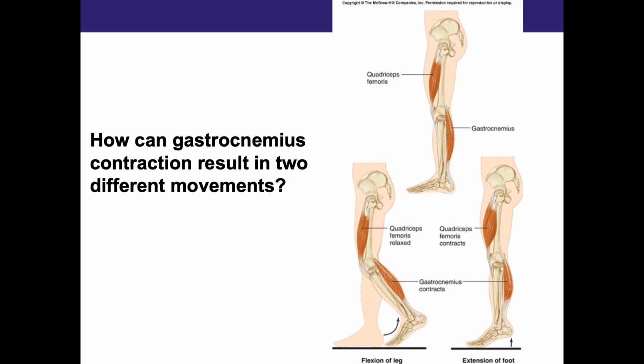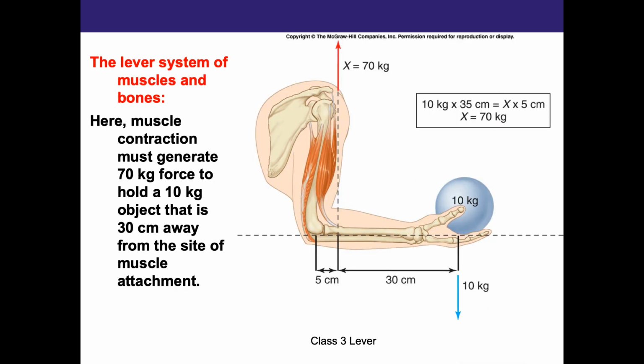All right, here's a little bit of physics. I know a lot of you haven't taken physics right now, and that's okay. I'm going to try to just walk you through this, and ask me questions if you're confused. In this case, here's the elbow again, and I want you to think about this as the fulcrum. This is where the two bones meet, and this is the pivotal point. It's called the fulcrum,